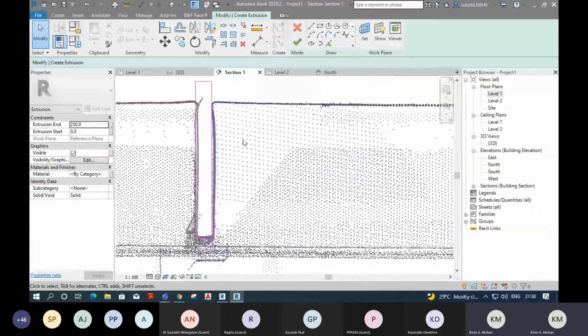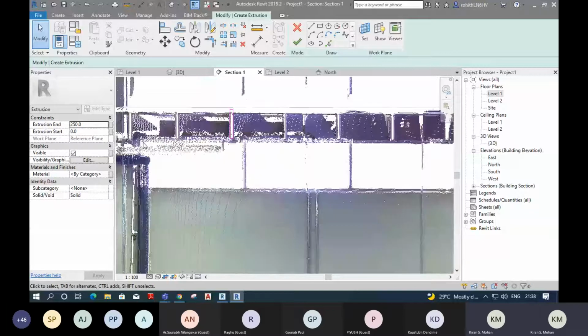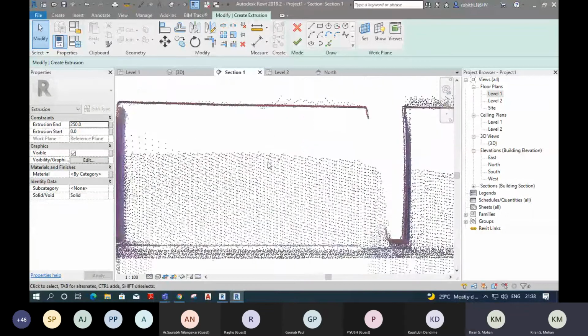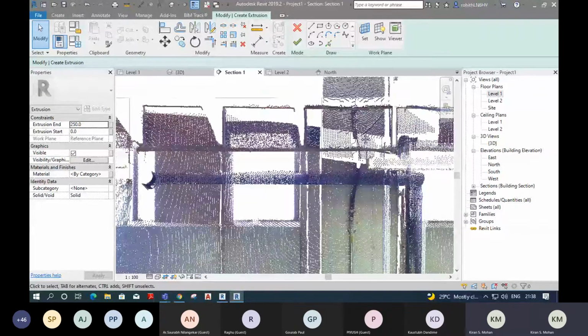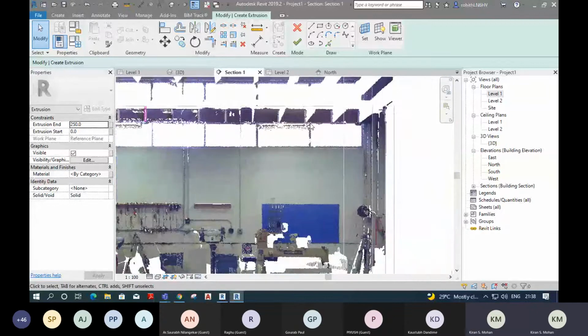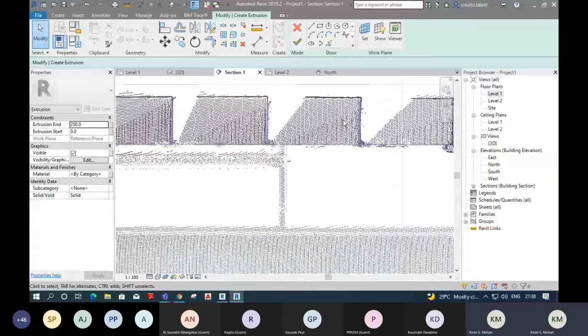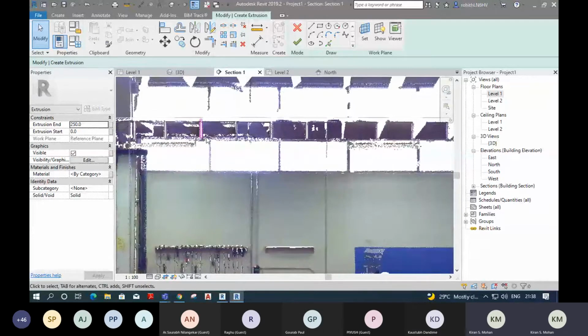And the same scenario is there on the right side also. Here only one side is recorded. So we can assume that they are using the same kind of joist in all these locations. So just go through the already scanned joist once again, and take any one of the joists. Now you can make a joist here, and you can copy this to other locations. That's the only possible way.